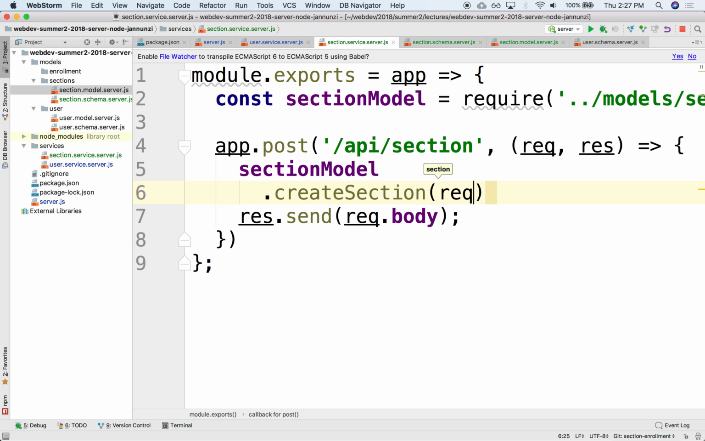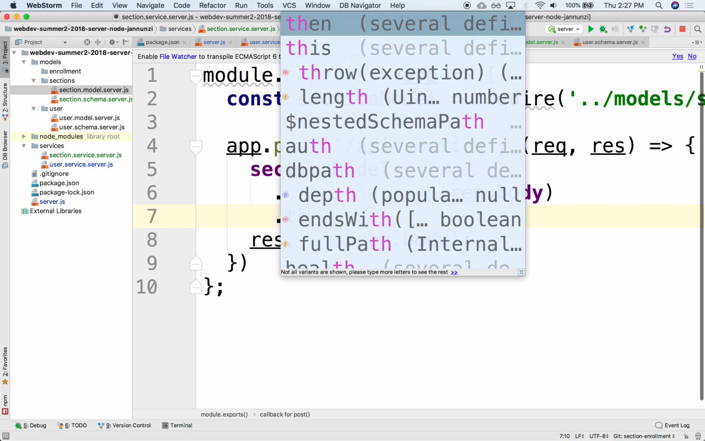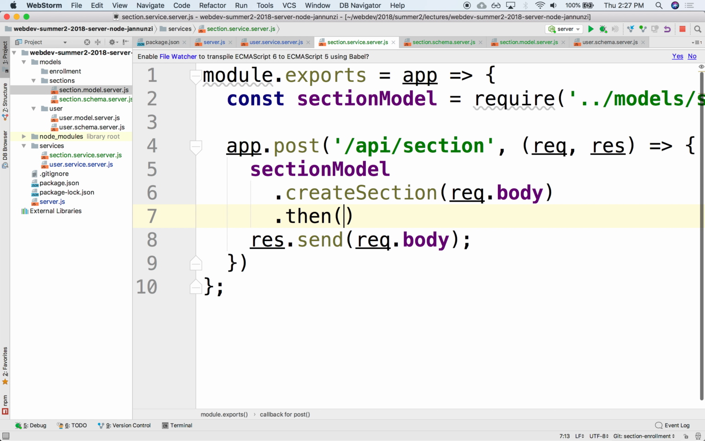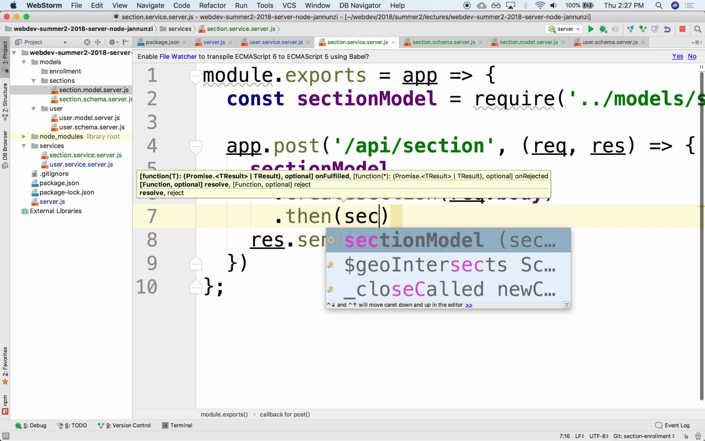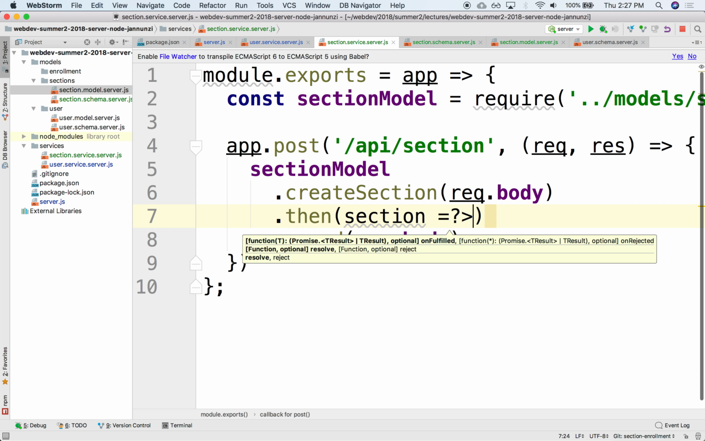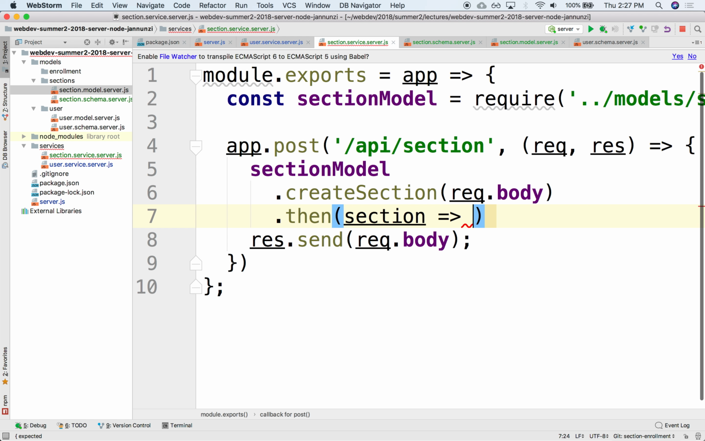I'm going to pass the request.body, right? Because the section is in the body. That's just going to return a promise, that we're going to wait for the promise to come back, right? Here's the section object that was inserted. The promise passes us back the actual object that was inserted. It comes back here, and now we're guaranteed that the section has been inserted, and now we can respond and say